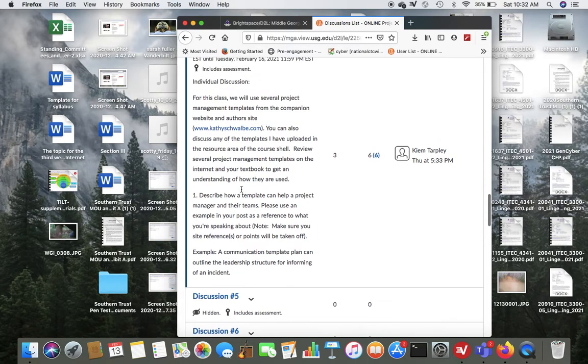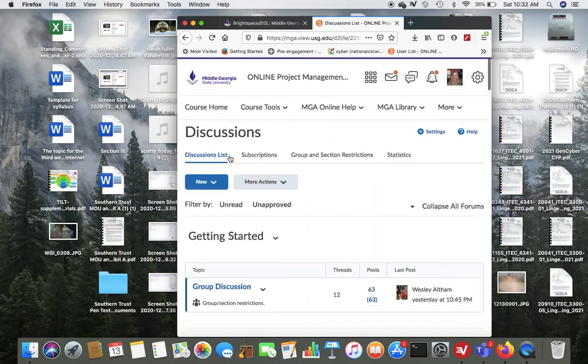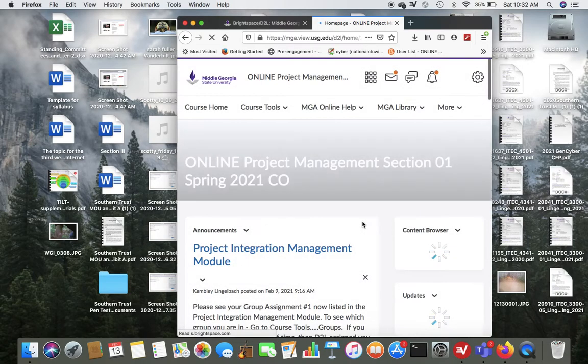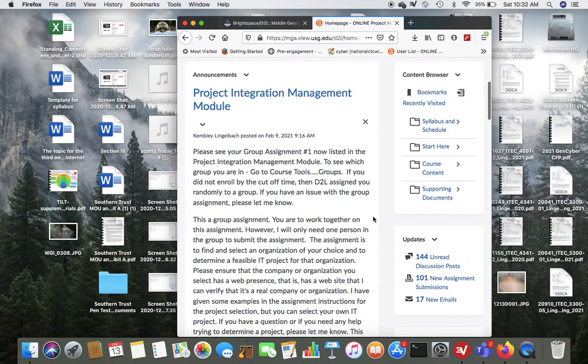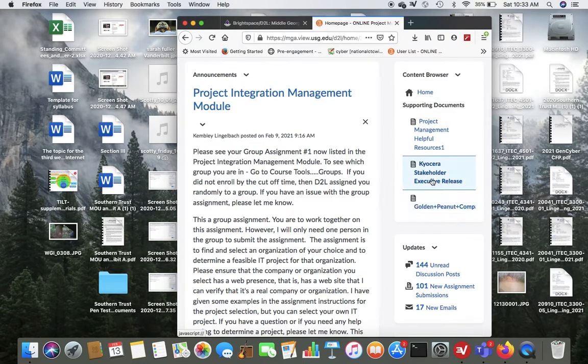So I'm going to go back to Course Home, and under Supporting Documents, you will see several templates there. And you also have some helpful resources, links on how to create a work breakdown structure.